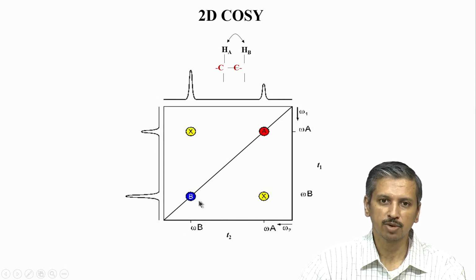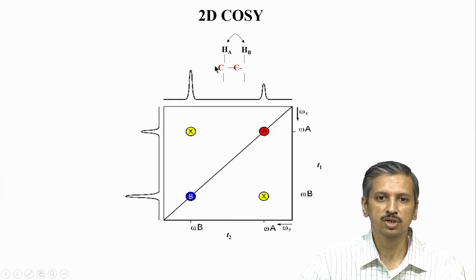And whereas this diagonal peak is something which has no value to us, this is basically what is shown here. You need coupling between A and B. Here is shown a vicinal coupling, meaning there is a 1, 2 and 3 bond hydrogen to hydrogen, proton to proton coupling, or you can have a 2 bond coupling.